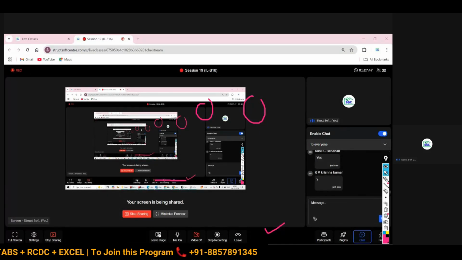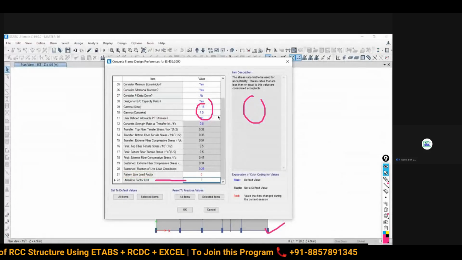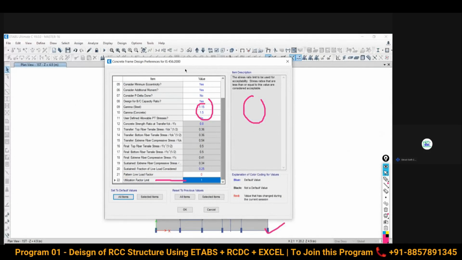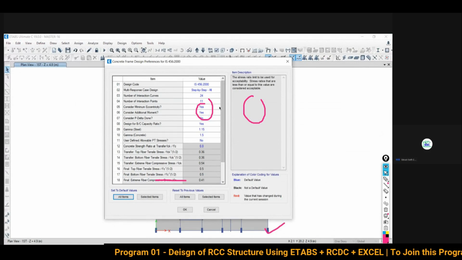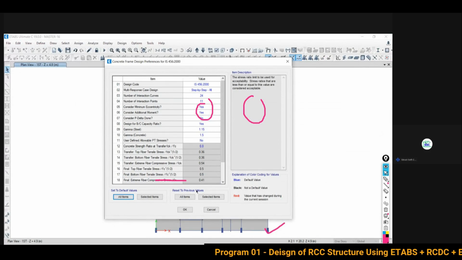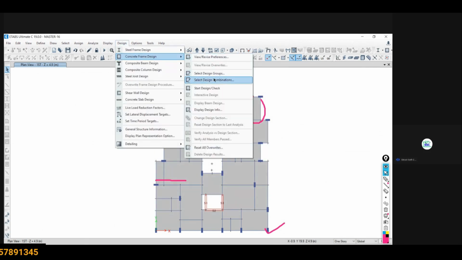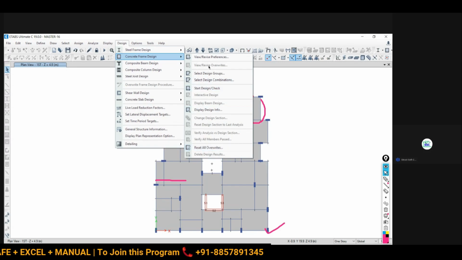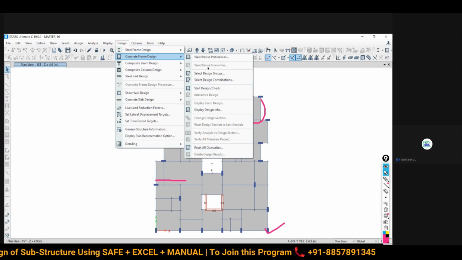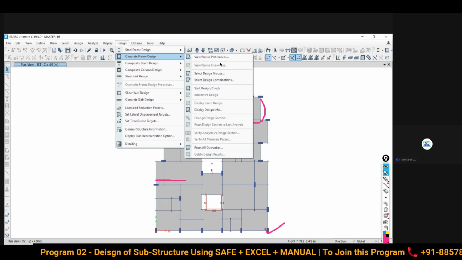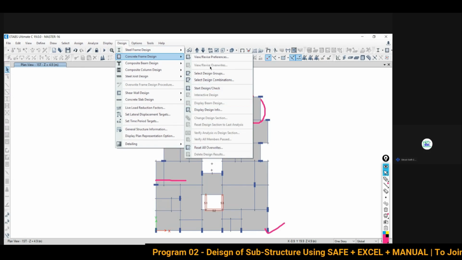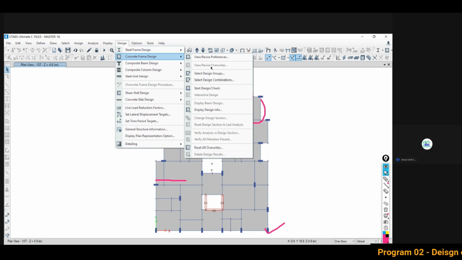So this is all about this part. We have covered the discussion of all these important things. By tomorrow we will discuss the next part. After this definition, you need to go to Design, Concrete Frame Design, Combinations, and what to do, and further settings are also there. View, Revise Overrides is a very important section that we will discuss by tomorrow. As of now it is not in active mode. How to keep it in active mode and what to do with it, we will discuss everything in detail tomorrow.